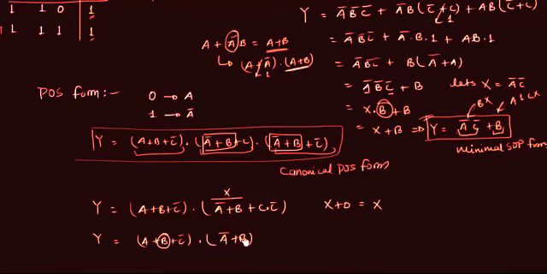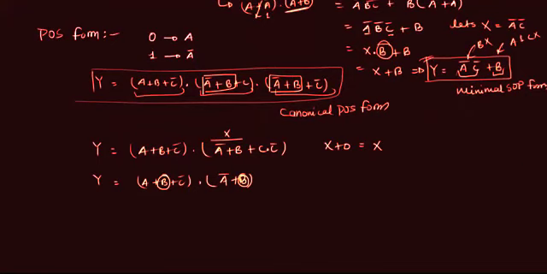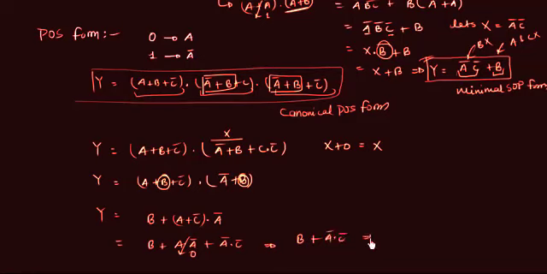Now again a B is common. So we have to use the distributive law again. B is common. So from distributive law we have B or A or C complement and A complement. Let's open this bracket and we have A and A complement or A complement and C complement. A and A complement is 0 and we are left with B or A complement and C complement. Now you can see this is not the max term. We have to use the distributive law again, and we have A complement or B and B or C complement. So this is the minimal